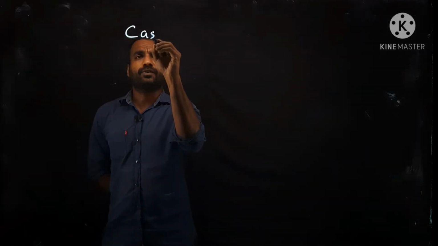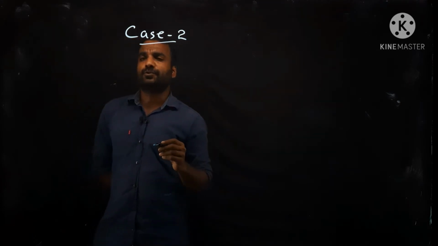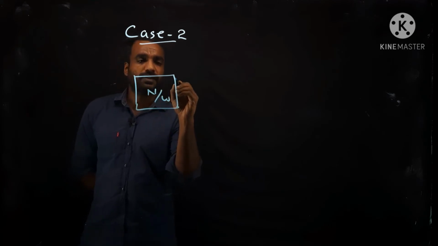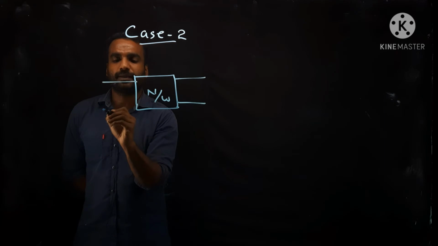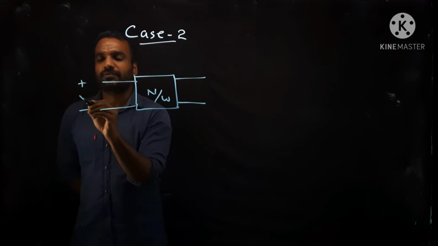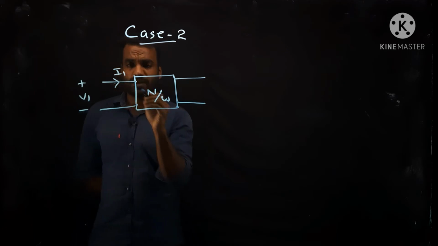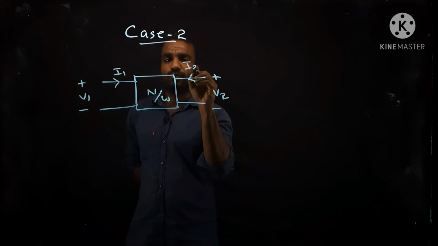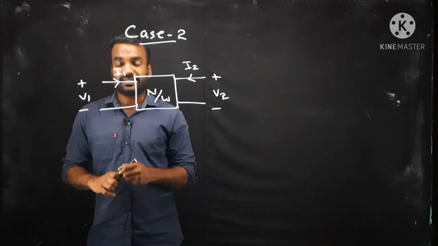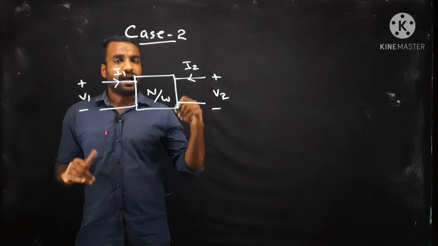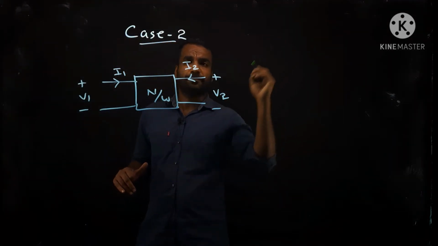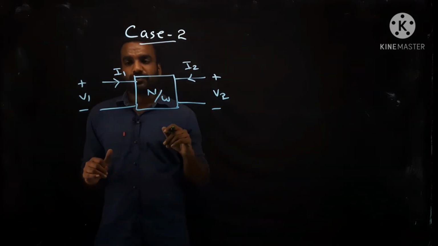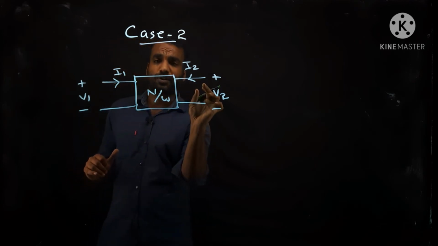Okay, now I want to consider the case 2. In case 2, we know that this is the original 2-port network, which is having an output port and input port. The actual input port condition is V1 and current will be flowing towards inside, and actual output port condition is V2 and current is flowing towards inside. In this condition, we are making slight alterations for finding our required thing. What is our required thing? We want to find the voltage by response by input ratio. So initially we connected a source here and we found response from this side.